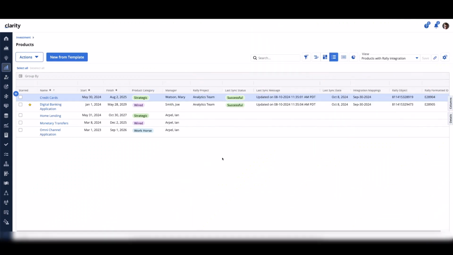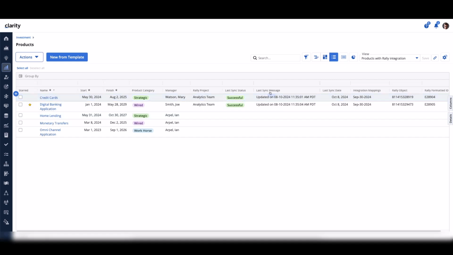I'm going to start here with the new capability where the sync rules for email addresses have been relaxed. As you can see, I'm starting here from Clarity and the products listing using the products and Rally integration view. Since user details such as email addresses are not synced between Clarity and Rally today, there's a high probability that email addresses in either Clarity or Rally may not have been implemented accounting for case sensitivity.